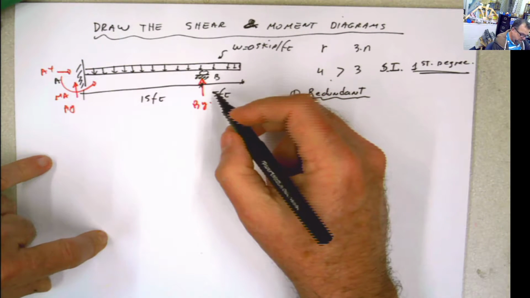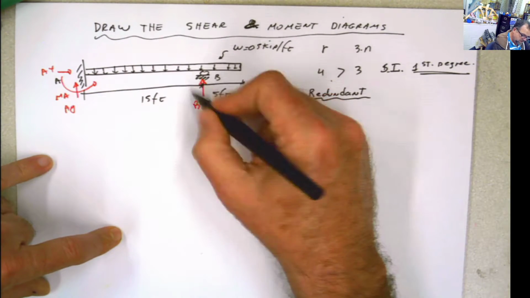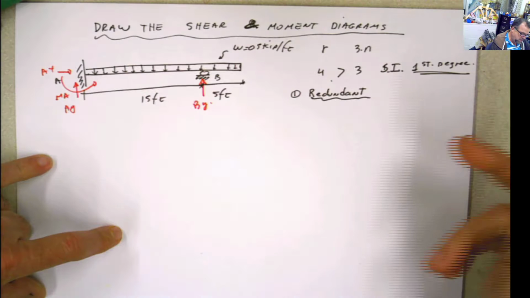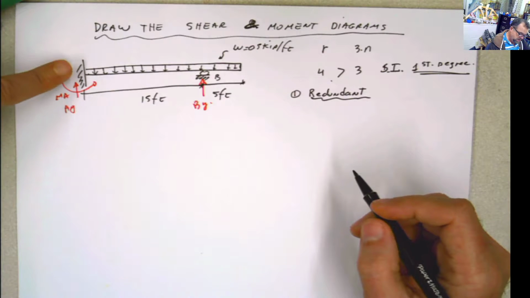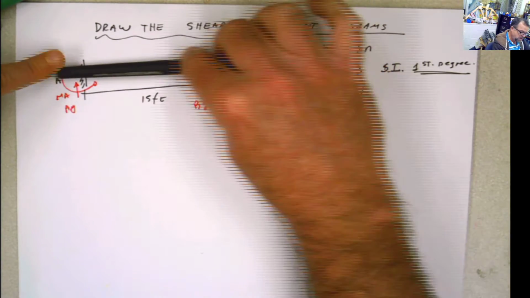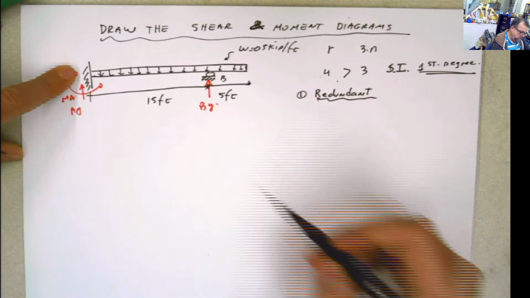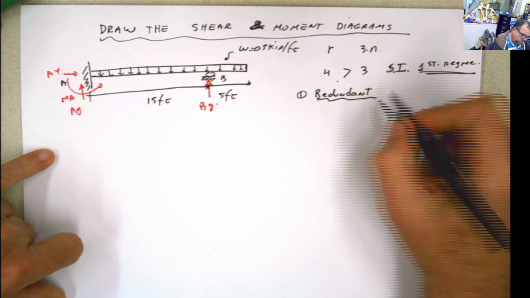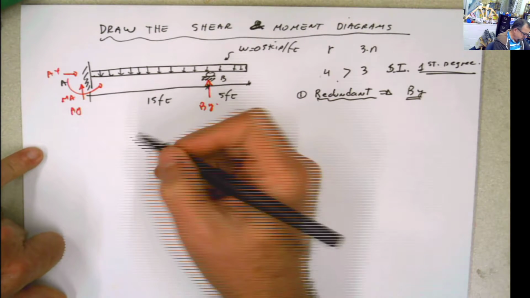For this particular example, I'm going to select the reaction in Y, the roller, as my redundant. This problem I will redo later on, and I will select the moment as the redundant. What you couldn't select as a redundant is the reaction in X, because if you do that, the structure will be free to slide in this direction and become unstable. But you could select BY, even AY, and you could select the moment, but not AX, never ever. So for this case, I'm going to select my redundant as BY, meaning we're going to have